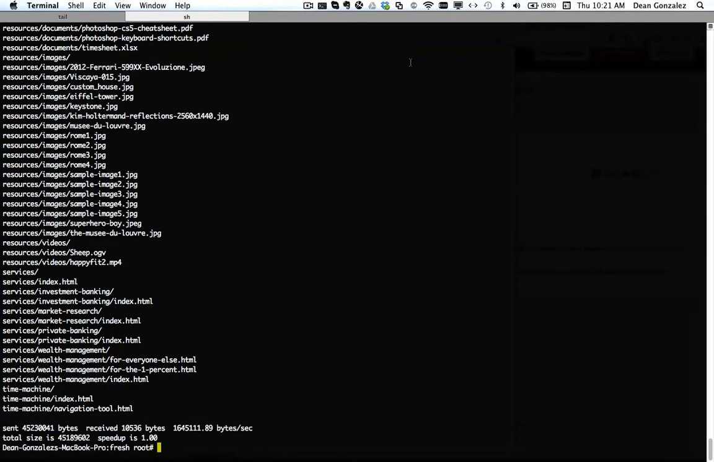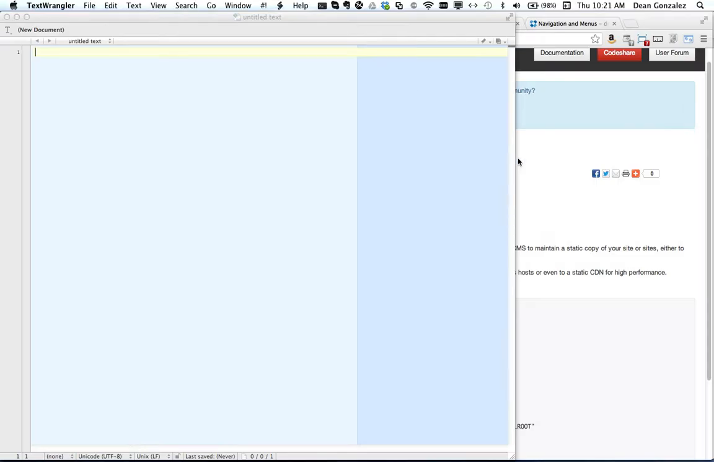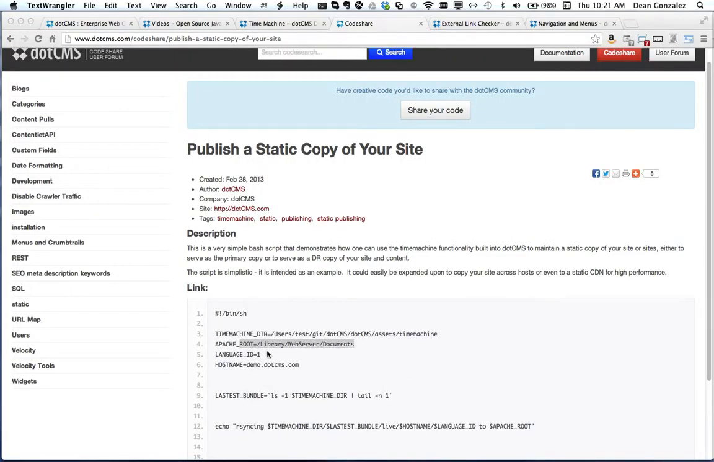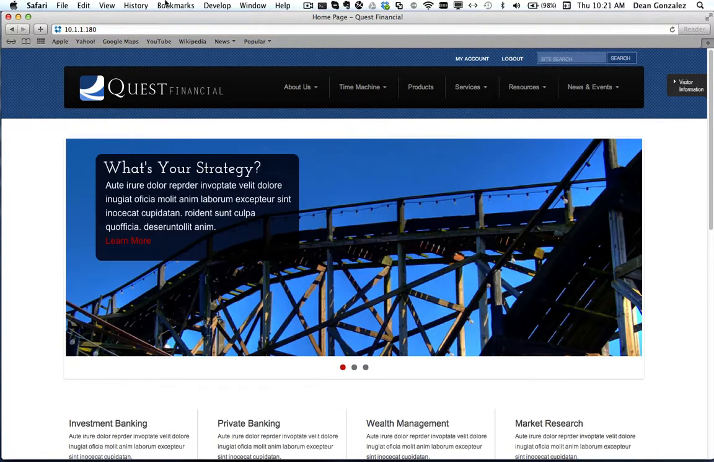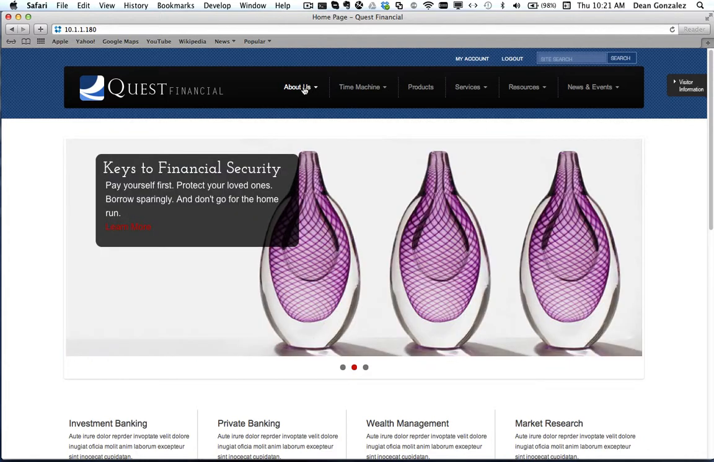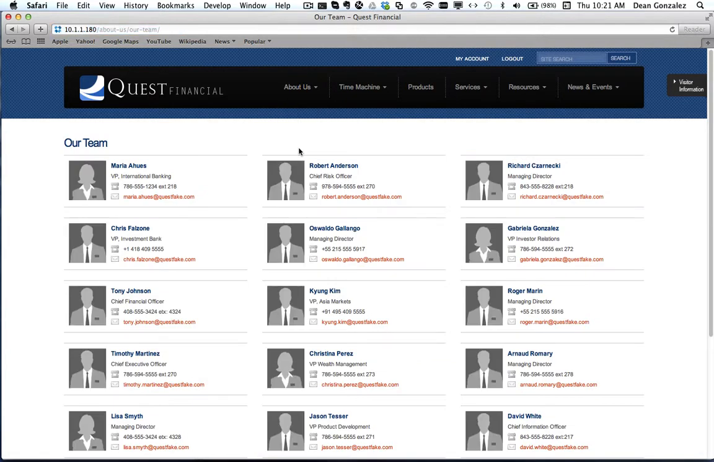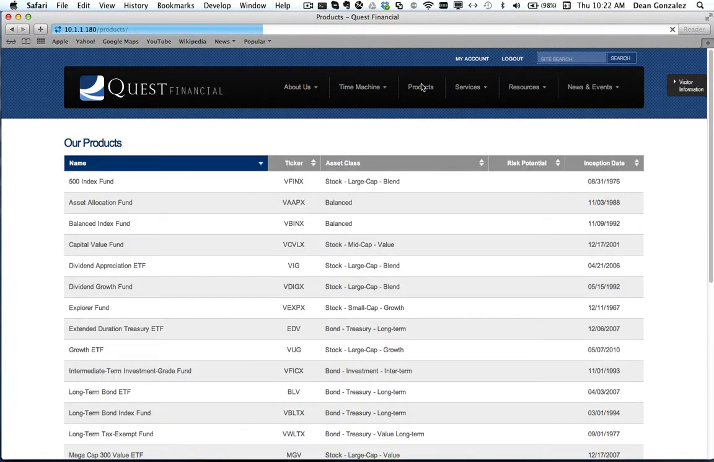So after it finishes running, I will be able to come back to my Safari server here, hit the same URL I hit before, and now I've got that static copy of the site that is pure flat HTML. Once again, if you build a site that is extremely Velocity driven and dynamic, whenever you click on things that are dynamic, that Velocity code's not going to execute. But if you hit things like our team, products, flat HTML pages that can be presented, now you've got